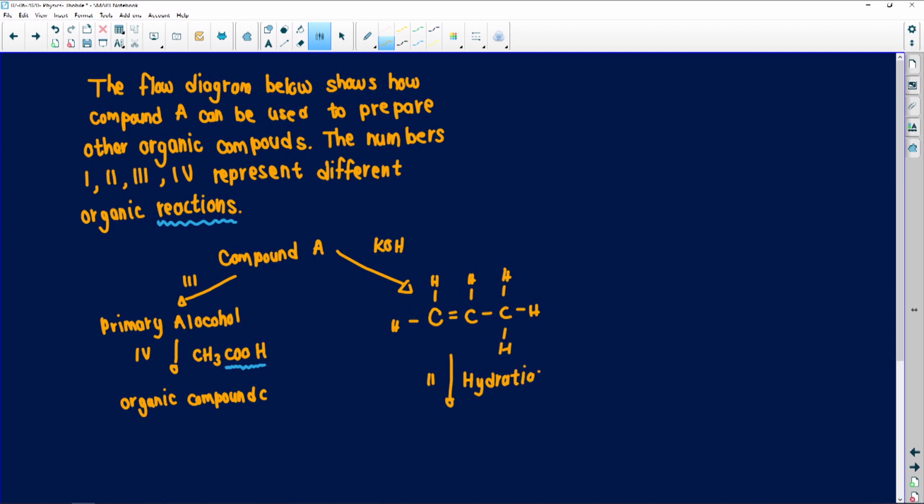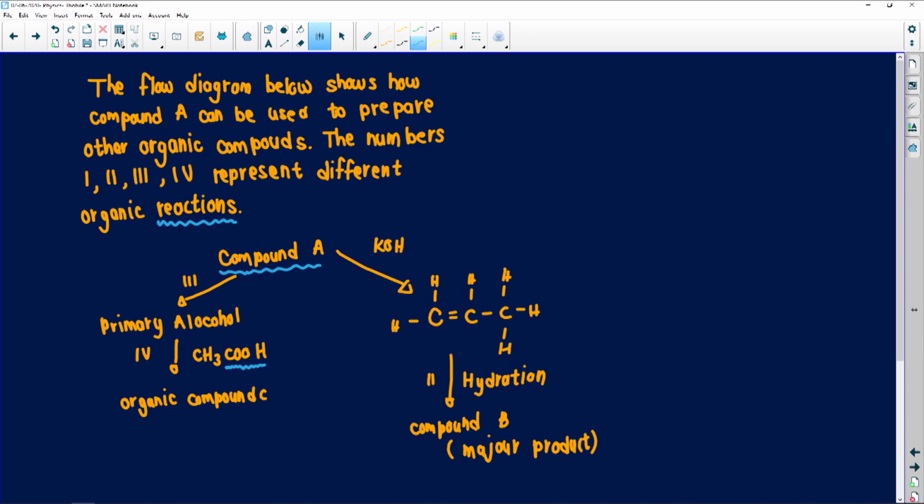I'm told this is hydration, and this is compound B, and they've also given me a clue to say this is the major product. If you see major and minor products, you think of Markovnikov and you think of Zaitsev, right? These are the people who lead us to this. So before we answer this question, guys, I actually want us to look at it. So we've got compound A. Now, I don't know what this reaction is, but whatever happens here to compound A, it then becomes an alcohol,